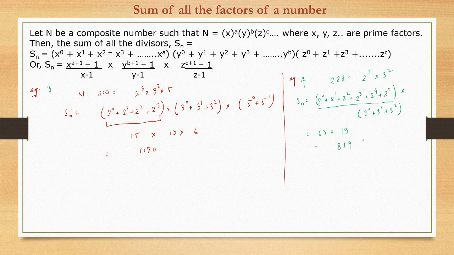So this is the sum of all the factors. We could have calculated this using the formula also, but the number of terms is small, so we can calculate manually. We can use the formula also. We'll take one last example and then close this session. Let us take 63,000. It can be written as 2 raised to power 3 into 3 raised to power 2 into 5 raised to power 3 into 7, right?